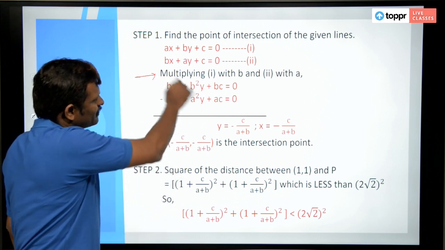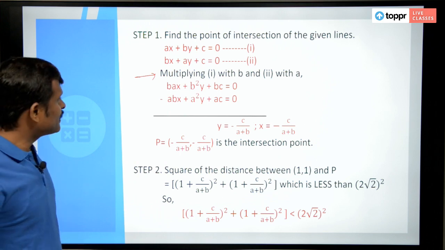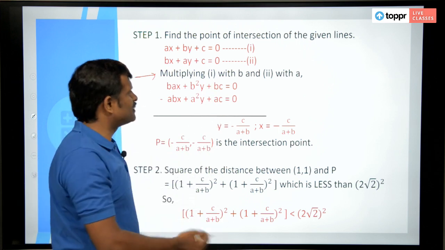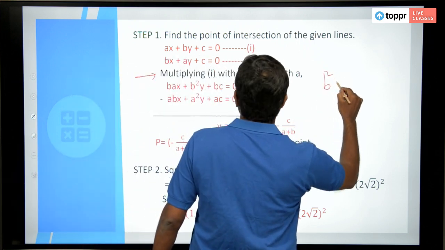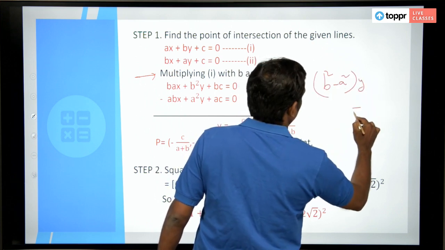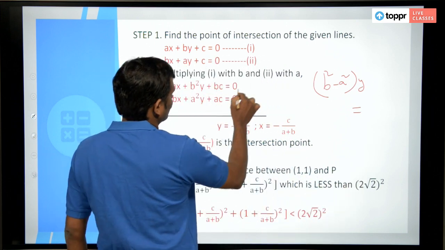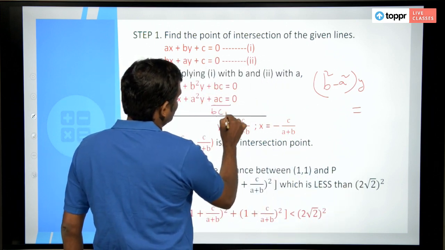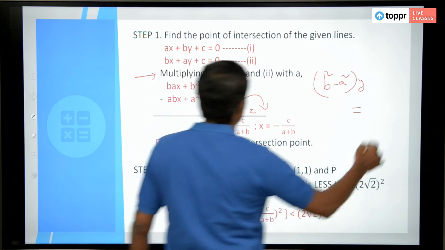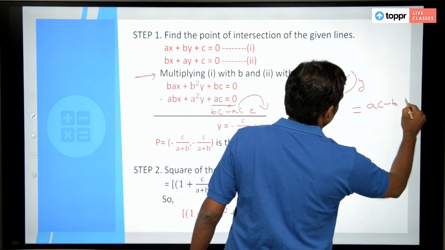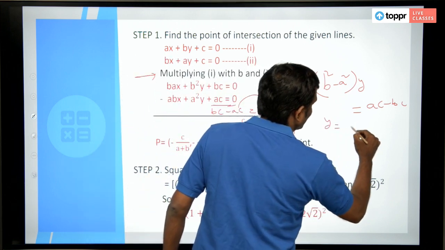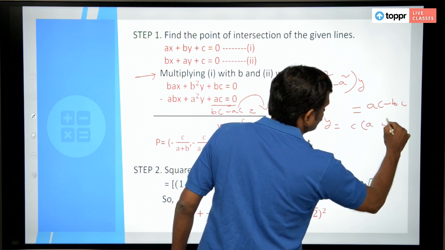I get b square minus a square times y equal to, if I subtract this here, bc minus ac, but I am sending it to the other side of the equation. So that becomes ac minus bc, right. So, y will be equal to, if I take c common, a minus b